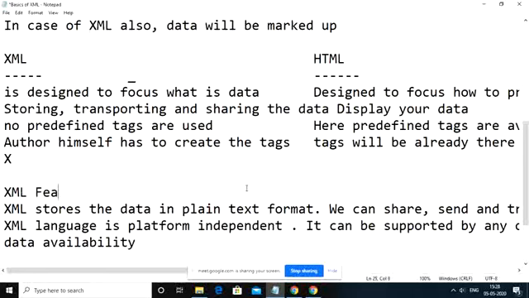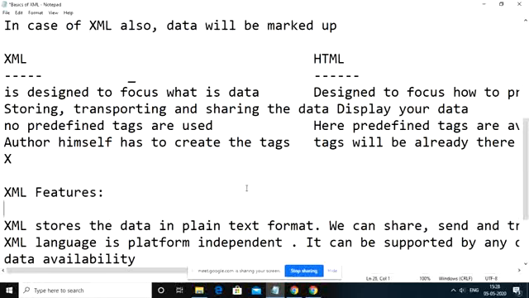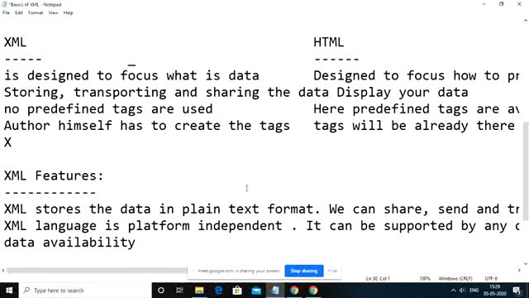So these are somewhat the features of the XML language we are going to have. The first thing is that the data stored by XML will be in plain text format only. That is the basic reason using which you are going to transport the data from one system to another system. At the same time, it is a platform independent tool, so even if you have upgradations, still you are able to access the data. So we have no loss of the data, which means it offers a data availability feature.